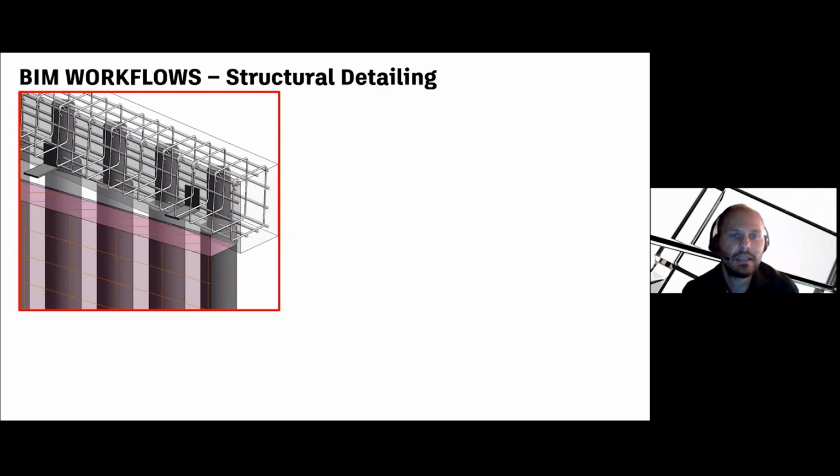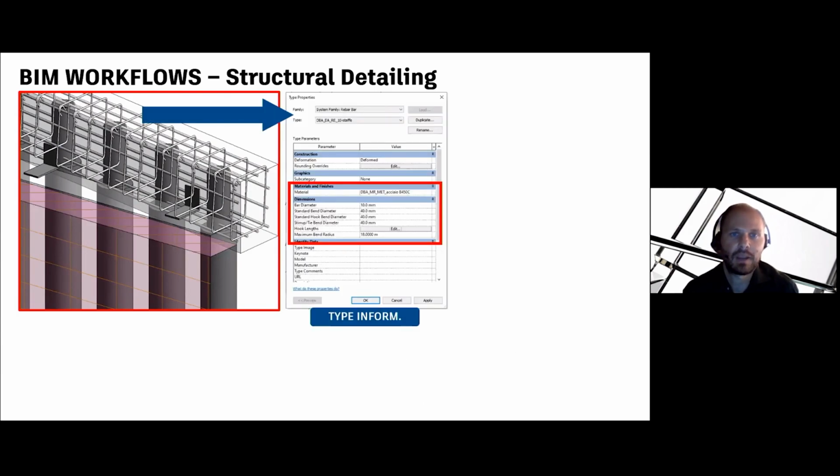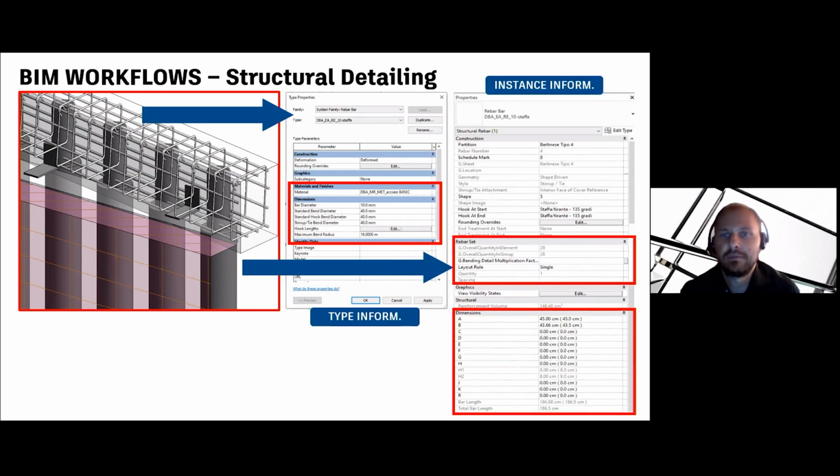But let's talk about the top curbs. For this kind of top curb, we just use the rebar family that we have personalized for our business. In this case, we can see that we have some types information in Revit that can help us manage some information about the bar diameter, the standard bend diameter, the standard hook, and so on. And then we have some specific instance information, such as the rebar set,